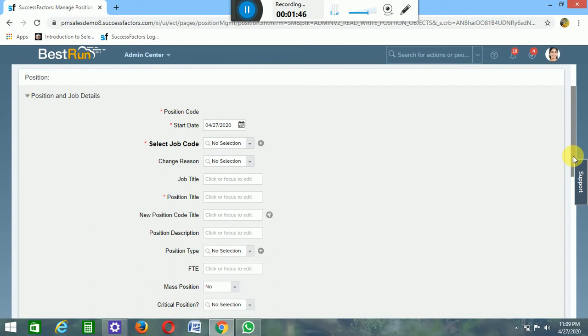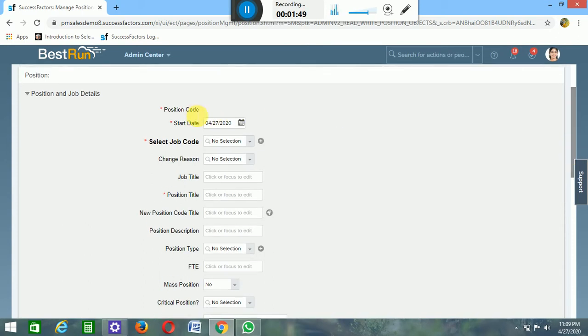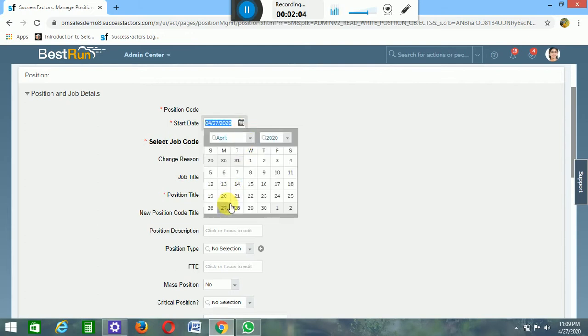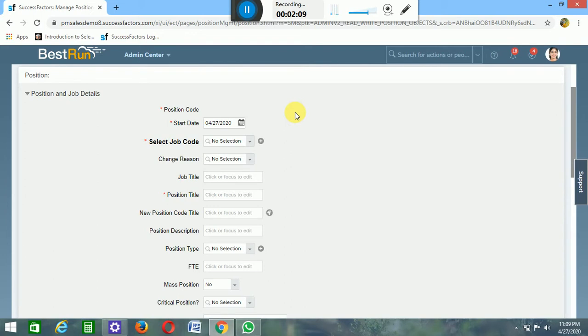First look at the fields. Position code is automatically generated through a business rule. Later on we can look into it. At present we need to concentrate on the fields that we need to fill in. Start date: give the start date, like if you're hiring on the 27th, then give it as 27th April 2020.